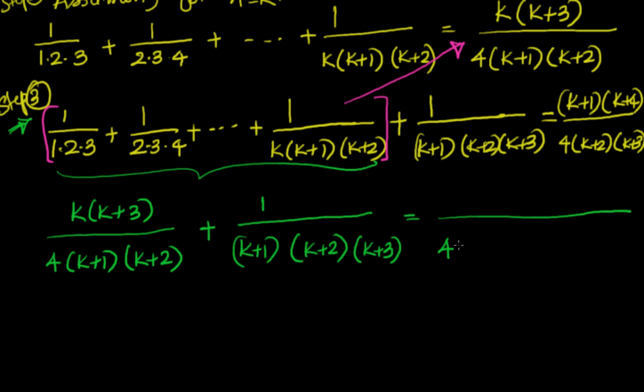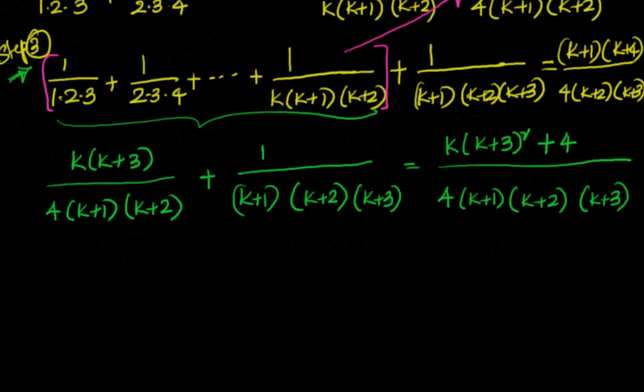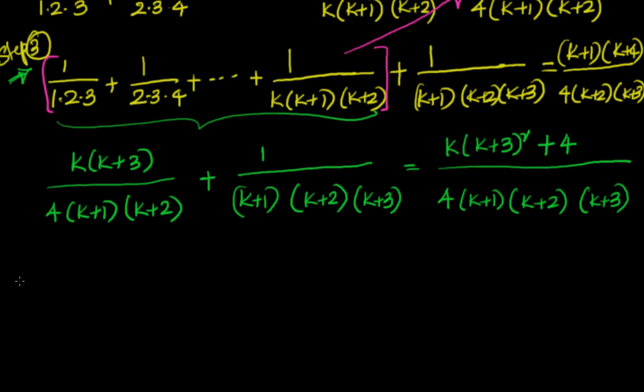If I take the LCM of this, I will have 4 into (k plus 1) into (k plus 2) into (k plus 3), and in the numerator I will have k into 4 into (k plus 1) into (k plus 2), and then I am left with (k plus 3). This becomes k into (k plus 3) whole square plus, if you take the second term, everything is there other than 4, so I will have another 4. This is nothing but equal to,